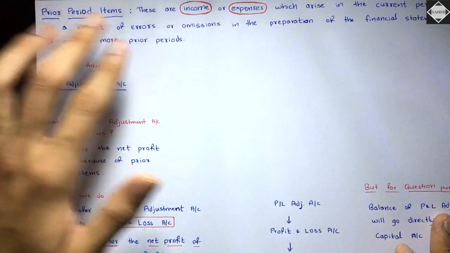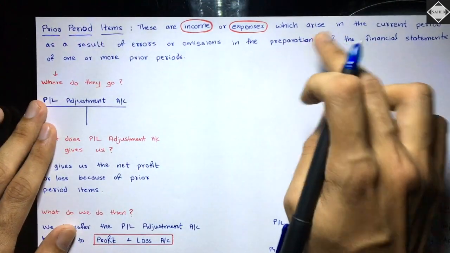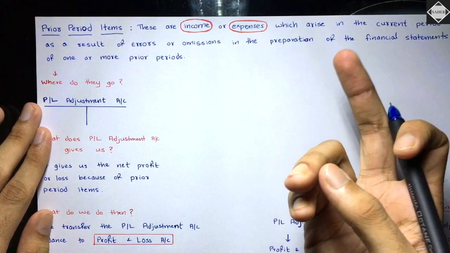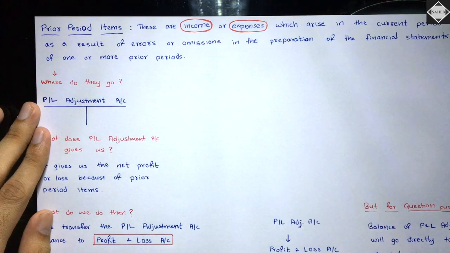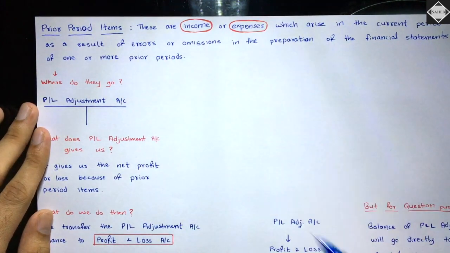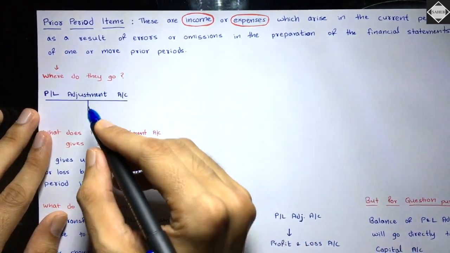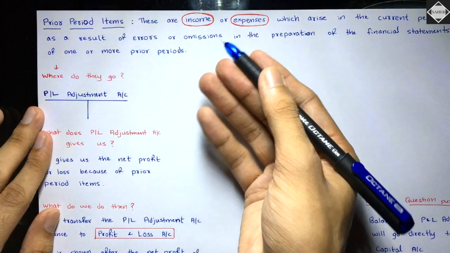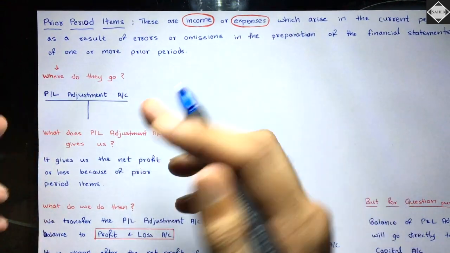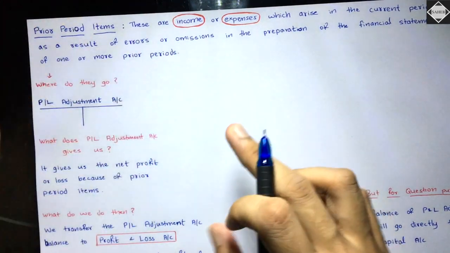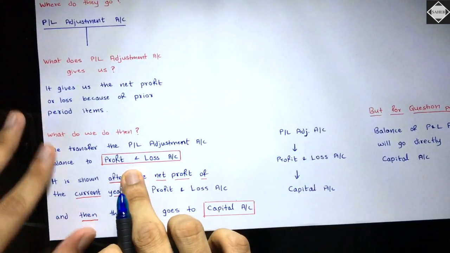Prior period items are income or expenses which arise in the current period, but actually belong to the previous period. Yeah, because they come into the picture because of errors or omissions in the previous periods. Where do they go? They go into P&L adjustment account. I mean, we use P&L adjustment to rectify them in the current accounting period. And then here in P&L adjustment, what will we get? We will get net profit or net loss, and that balance will be taken to the main profit and loss